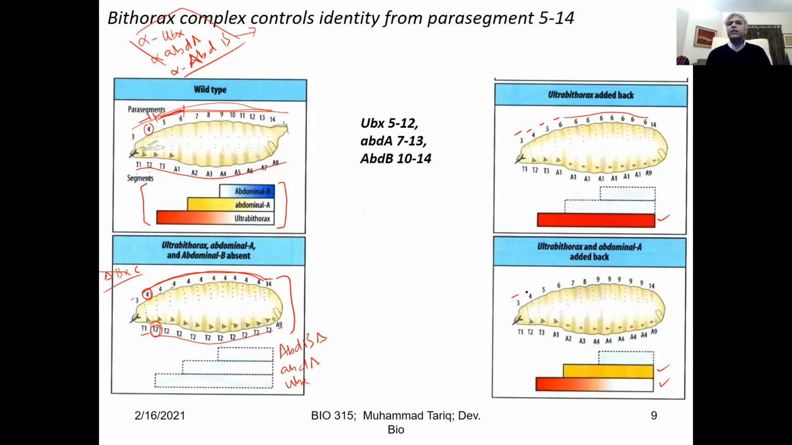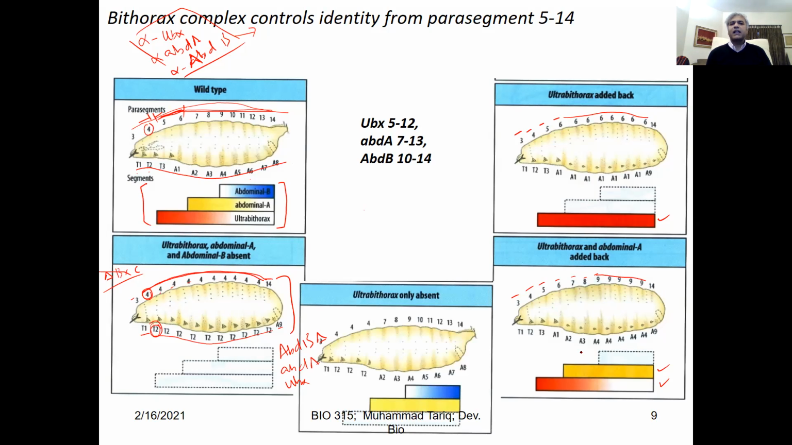You have restored 3, 4, 5, 6, 7, 8, 9, 9, 9, 9, 9, and 10. So what are you concluding? The conclusion is that genes within the bithorax complex are restricting each other. They are having a kind of boundary within their expression patterns. And what today we know that,